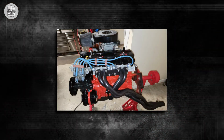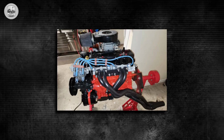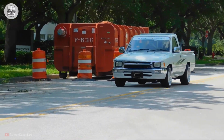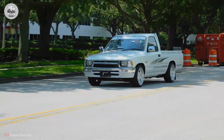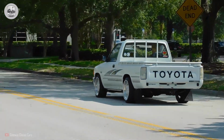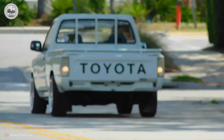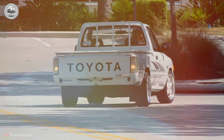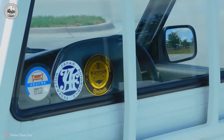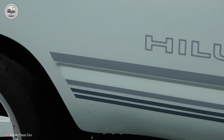With a chain-driven single overhead cam, a cast-iron block and head, and a timing assembly that could outlast the body around it, the 22R thrived in extreme heat, cold, neglect, and terrain that chewed up lesser trucks. The engine's simplicity made it nearly indestructible, and owners pushed it to the brink without fear. Real-world performance wasn't flashy, 0 to 60 took around 13 seconds, and the quarter mile was north of 18 seconds, but the truck always